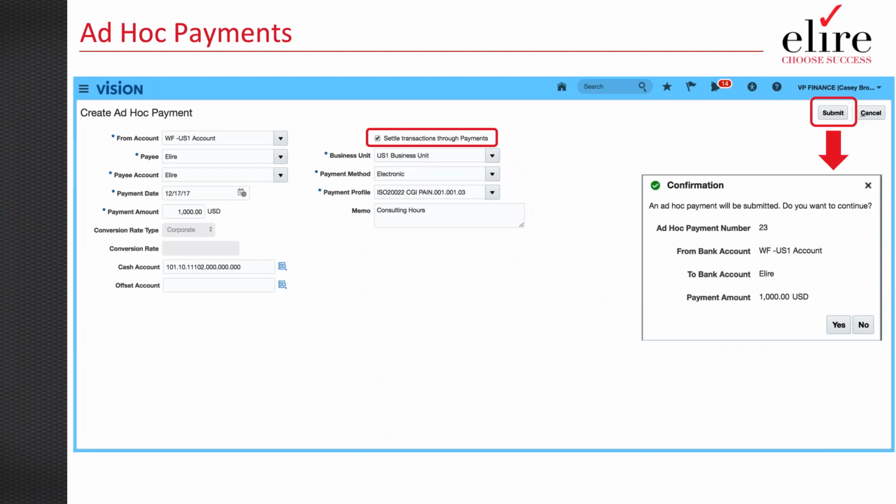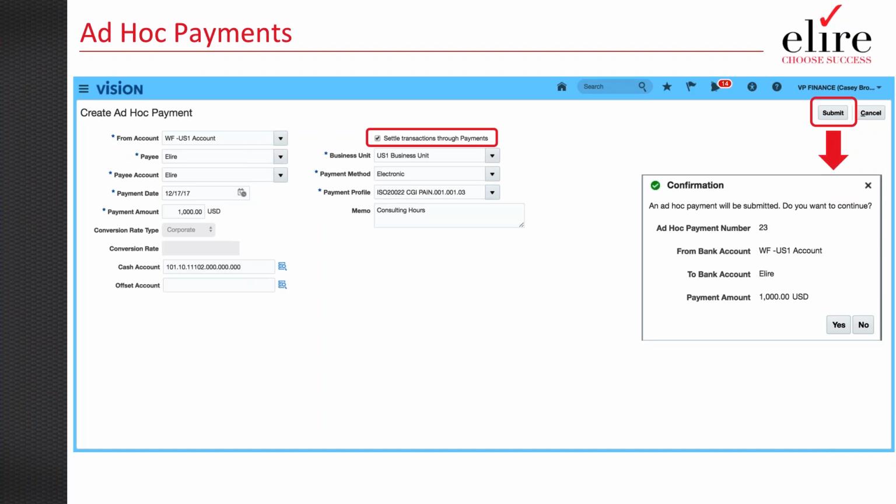Now that we've quickly talked bank account transfers, we want to talk about creating ad hoc payments. The theory behind creating an ad hoc payment is that I need the ability to pay any beneficiary out there that's not myself. So I need to be able to issue a payment from any of my external banks, branches, or accounts that I have defined within the application. And I need to be able to generate a payment file out of the application, and I also need that payment file to go through a series of workflow online.